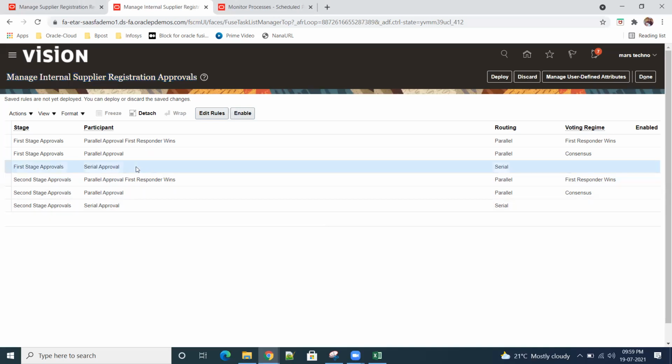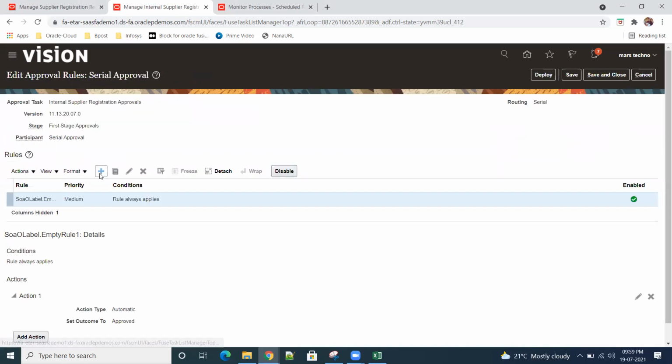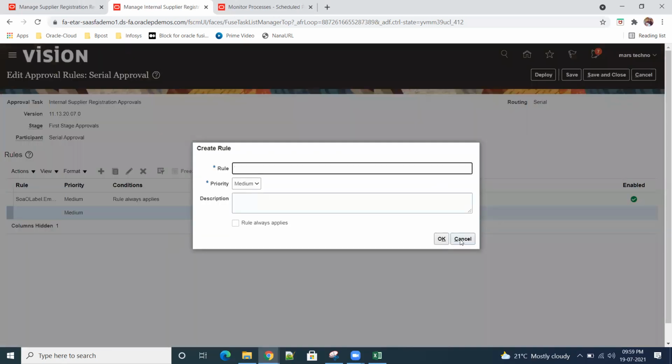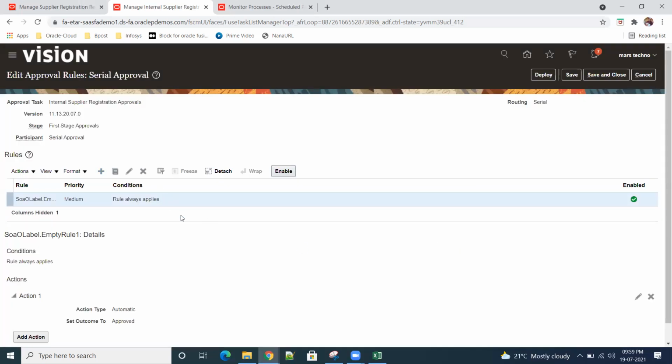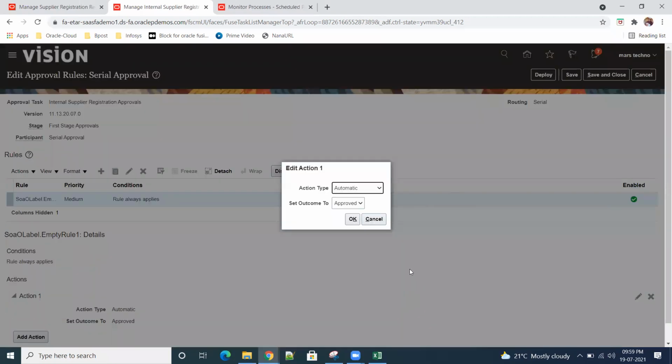So now I'm going for serial. Some areas we will see parallel as well. Select this, go to edit rules. I'll apply, click on plus. I'll go for the existing one. Rules always apply. I'm keeping this as automatic, and we'll add something.